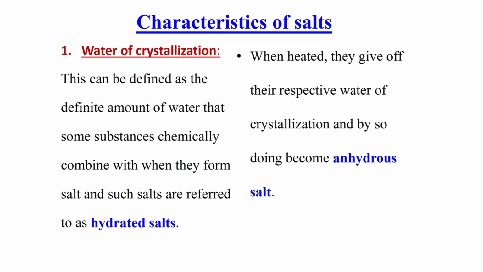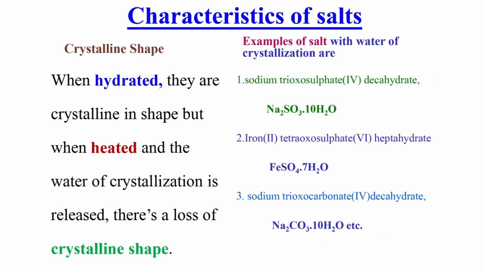Let us now look at another aspect of this characteristic: crystalline shape. Examples of salt with water of crystallization are: when hydrated, they are crystalline in shape, but when heated and the water of crystallization is released, there's a loss of crystalline shape. For instance, we have sodium trioxosulfate 4, decahydrate, which is Na2SO3.10H2O. Another is iron 2 tetraoxosulfate 6,